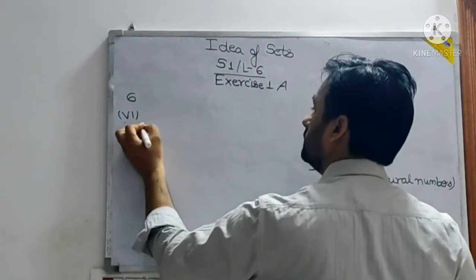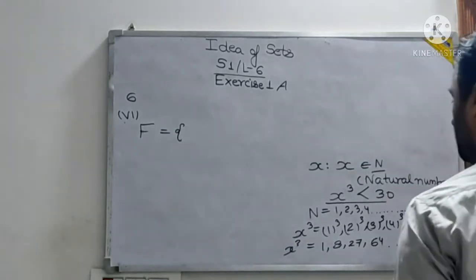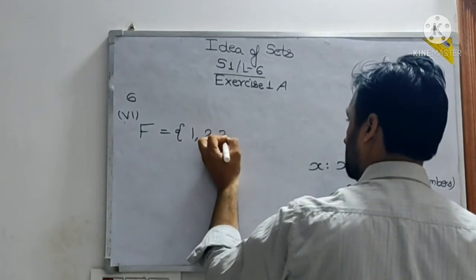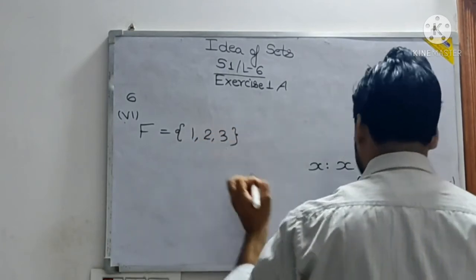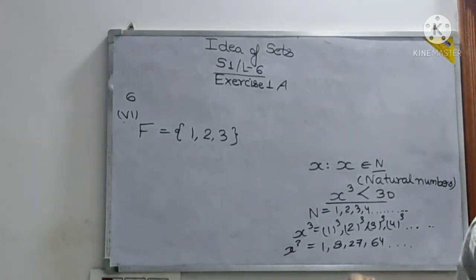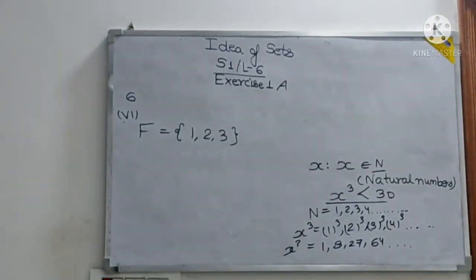F is equal to, put a curly bracket there. The values taken will be 1, then 2, then 3, and that's it, because 4 cube is 64. So only 1, 2 and 3 will come in the brackets. Again, you have to write this because I am writing. So you will understand properly, so that you will not feel later that sir, I don't know how you have done this or that. Clear to all? Now I am taking up the questions that people are facing problems with.